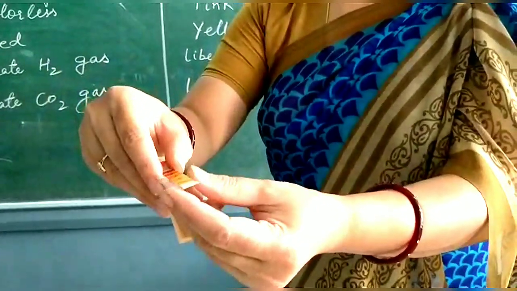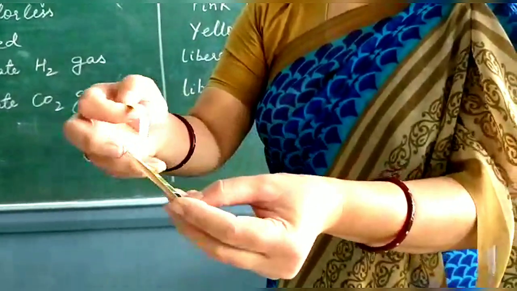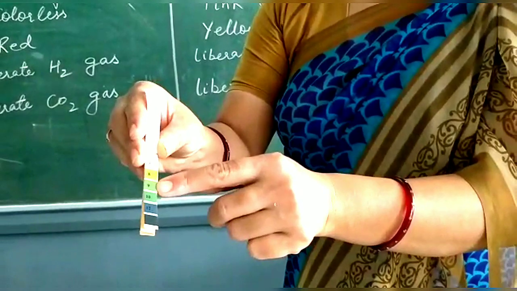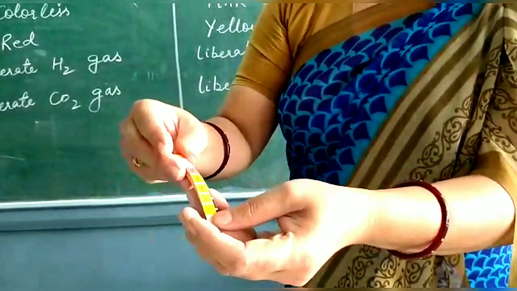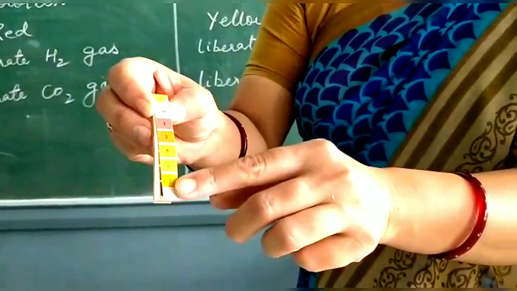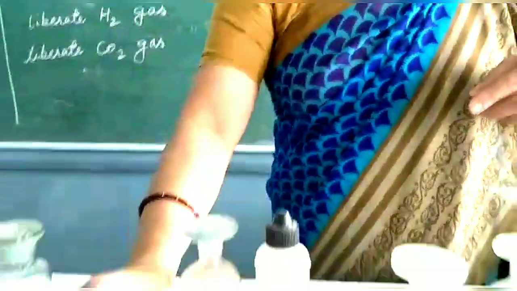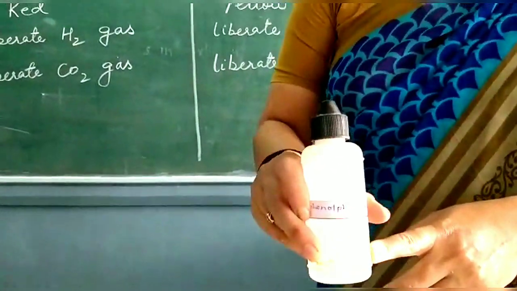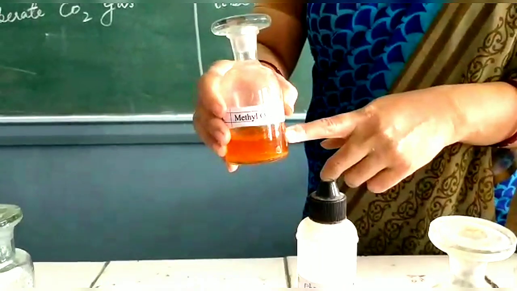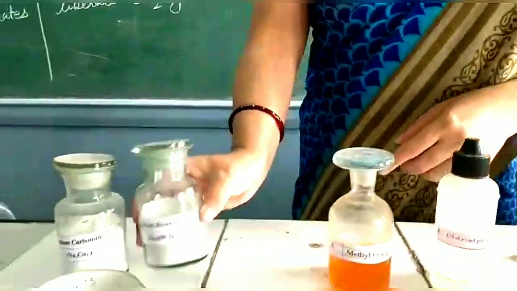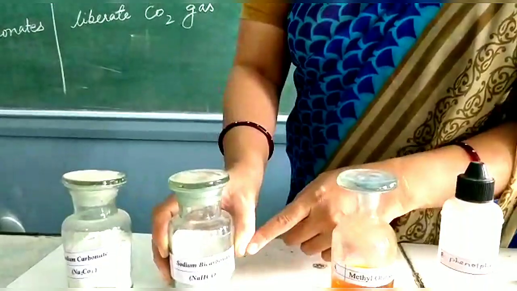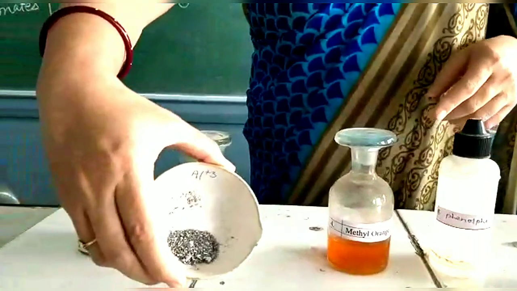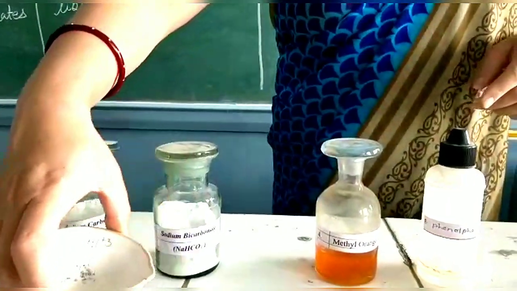Here I have the first strip, and let me change to the next strip, where some pH has been written. So pH 8, this is the color, pH 9, a little bit darker, and so on. So different pH values can be observed using this strip. We can compare, and we can even find the pH. Then I have phenolphthalein as an indicator, and methyl orange is also an indicator. I have bicarbonate, we will discuss the properties using bicarbonates and carbonates. Then some metal, so we'll study the property with metal also.